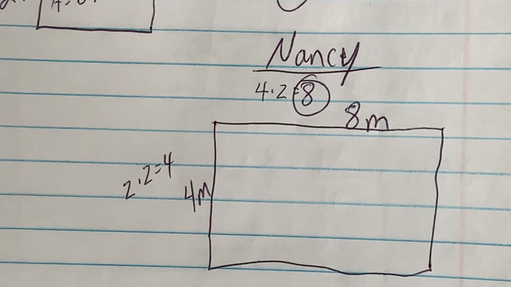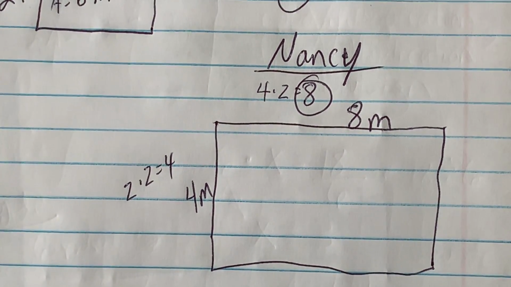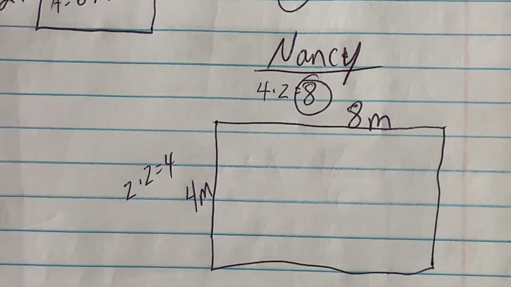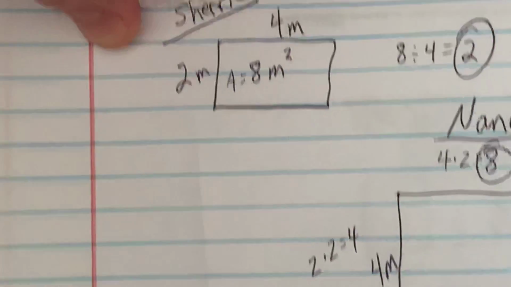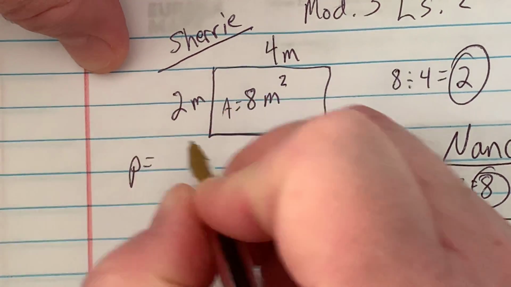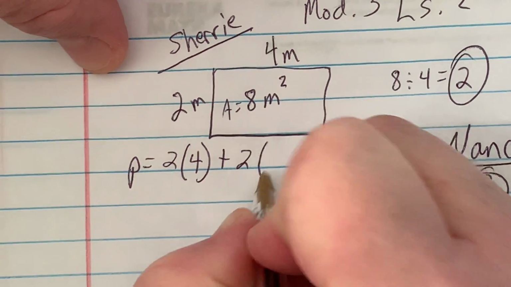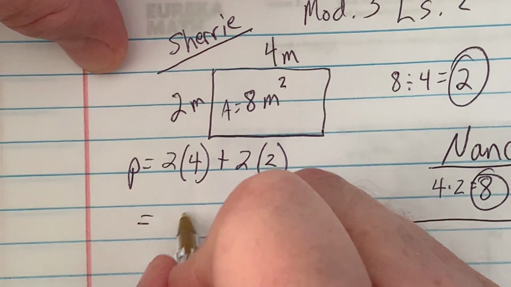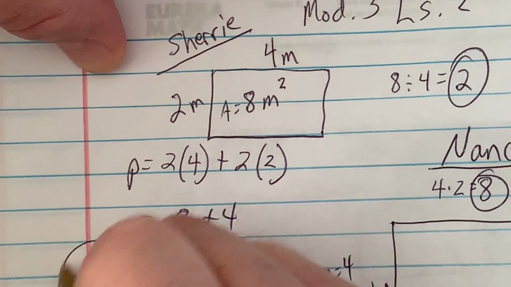Okay? Now, it asks us, let's see. Okay, they want us to find the perimeter of both of these. Okay, so we have perimeter. Let's do this, Sherry's first. Perimeter equals 2 times 4 plus 2 times 2. So perimeter equals 8 plus 4. Perimeter equals 12 meters. All right, now for Nancy,